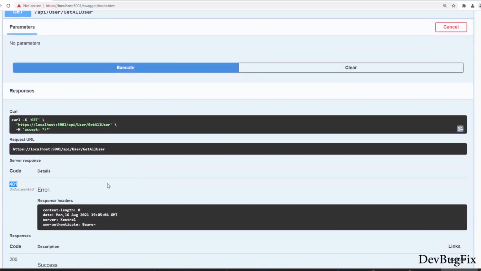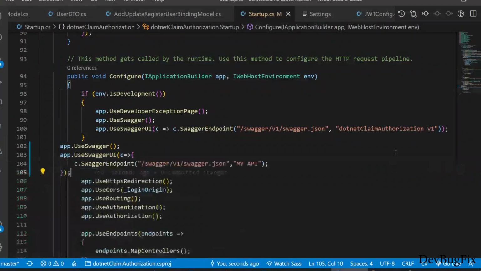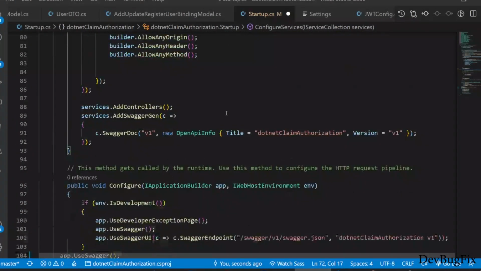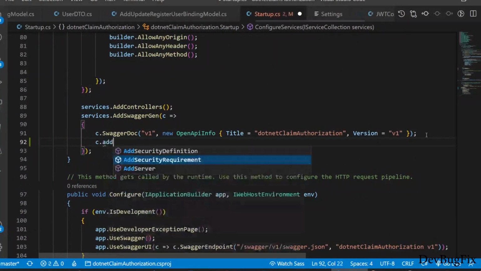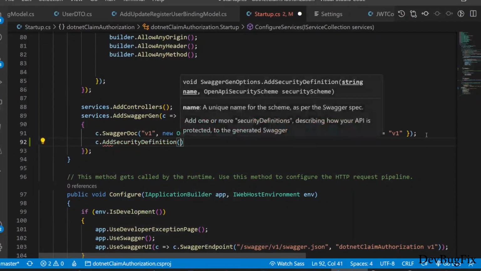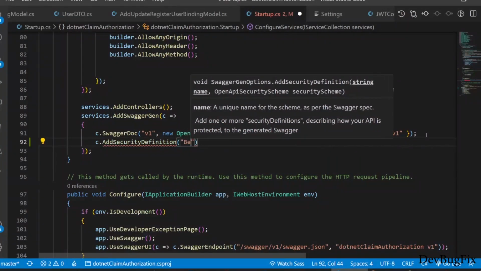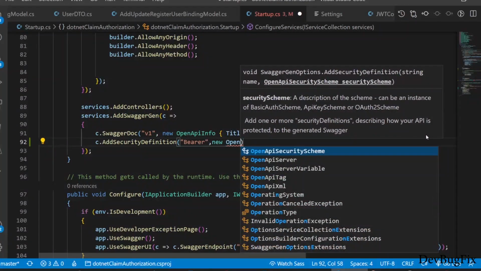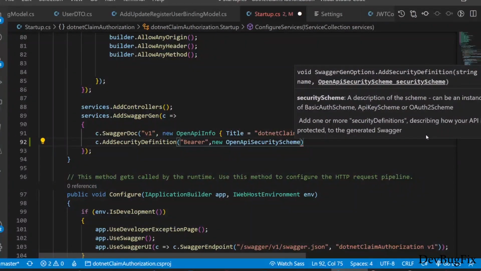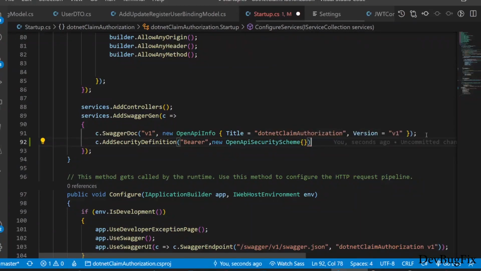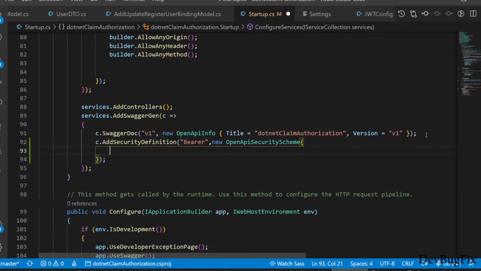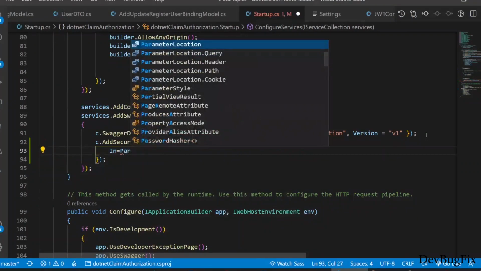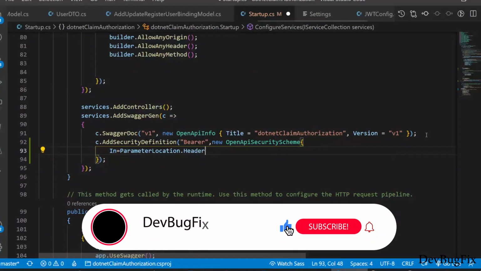Now we will enable token-based authentication in Swagger so we can send token with API requests. In the lambda expression, c.AddSecurityDefinition. First parameter will be Bearer and second, OpenApiSecurityScheme. Initialize this class with the following information. In parameter, location is header.